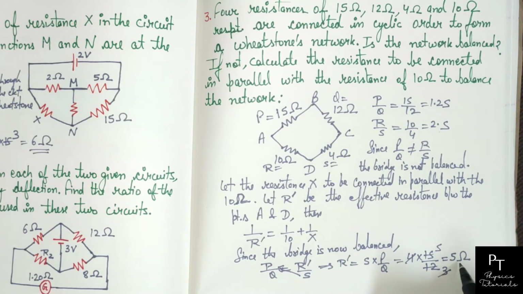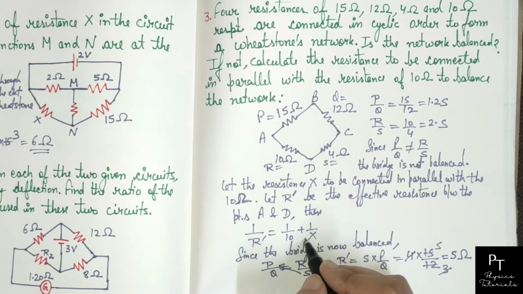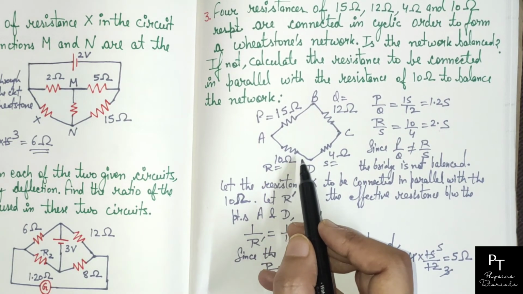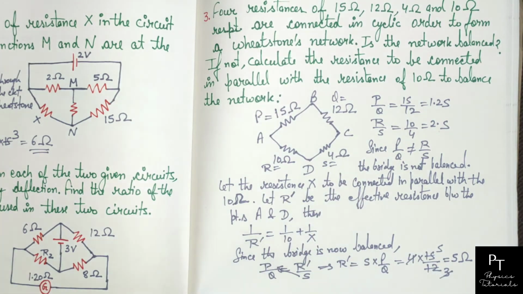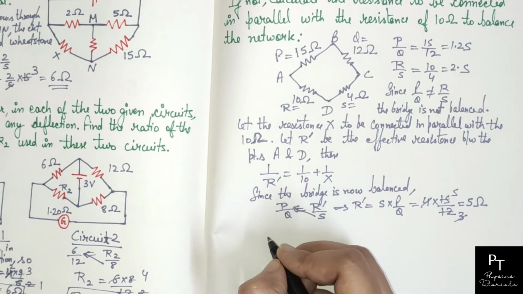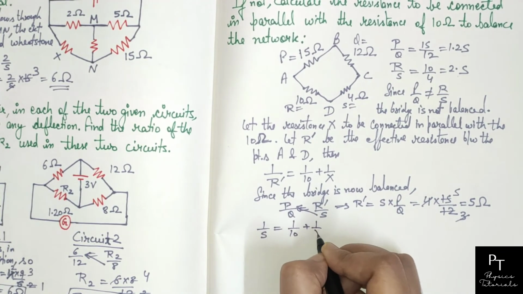अब यहाँ से R dash आ गया 5 ohm. अब इस 5 ohm को हम यहाँ सब्स्टिट्यूट करेंगे and we will find the value of X, जिसको हमें इस रेजिस्टेंस के साथ पैरेलल में लगाना है to balance this network. Now substituting this 5 ohm in this equation, we have 1 by 5 equals to 1 by 10 plus 1 by X,